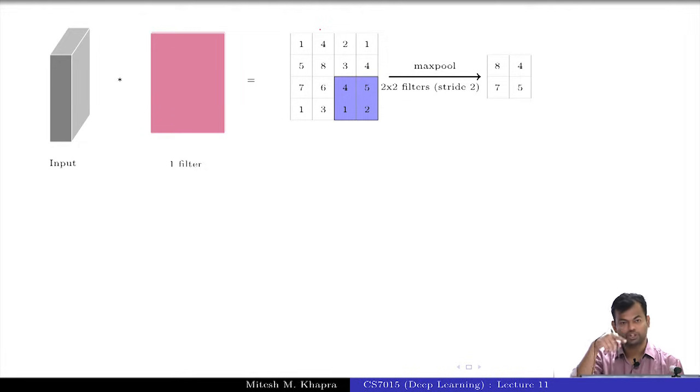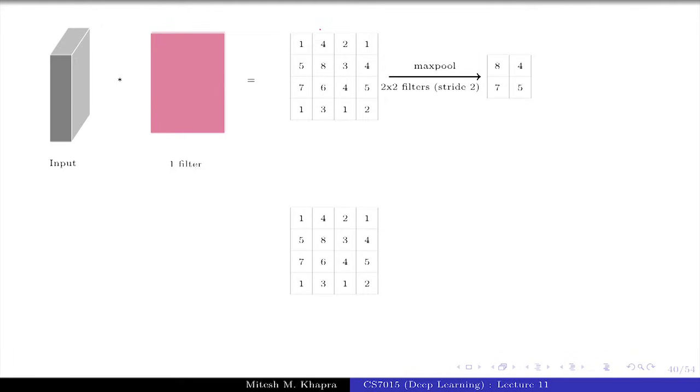Because I'm taking a 2 cross 2 area, and I'm shrinking it by picking up only one value from there, right? So it actually kind of halves the width and halves the breadth, so a total of 1/4 reduction is what you get. But you could also use a filter with stride of 1. So this is what it would look like. So you will place it here, take the max value, then the max value, then the max value, and so on, right? So in that case, you will get a lesser reduction.